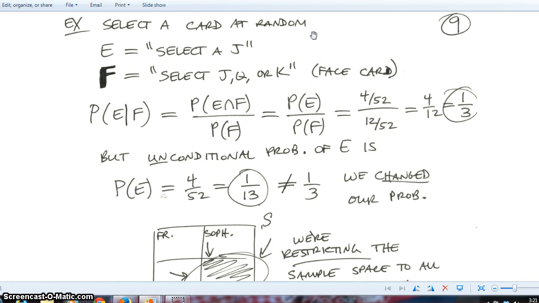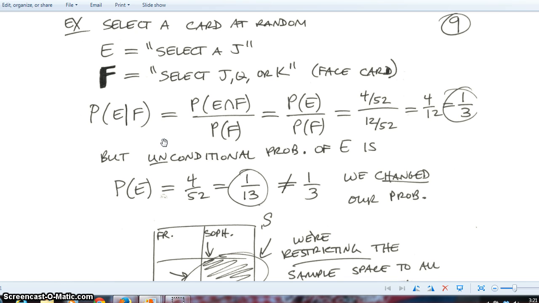So an example, select a card at random. Let's say E was the event, select a jack. F is the event, select a jack, queen, or king. In other words, select a face card. Okay. So the probability of E given F then is probability E intersect F. But if you select a jack and you select a jack, queen, or king, that's really the same thing as saying you selected a jack. So that's really just the probability of E. So 4 out of 52 over 12 out of 52, 4/12. So a 1/3 probability. But the probability of E, which we call the unconditional probability,